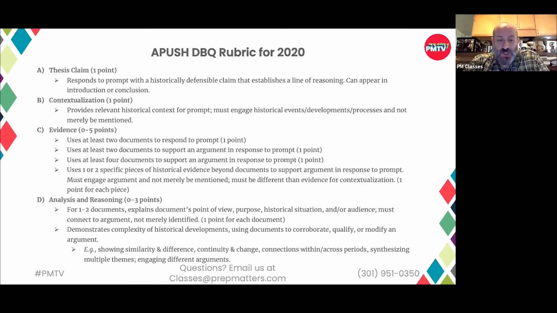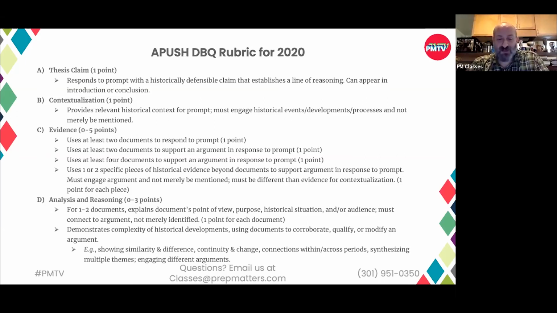The last 2 points about evidence beyond documents. Again, I know I'm repeating myself here, but it's about connecting the evidence you bring in. So not just mentioning, but really building it into your argument. I've gone through this with a bunch of students I'm working with for APUSH and AP World, where I think the big challenge is often, especially when you're writing under the pressure of an exam, asking, have I actually made my point? Because it's so easy to just be like, oh, I said it. And then you go back and think, ooh, I didn't integrate it as well as I thought I did. So be aware of that as you're working.